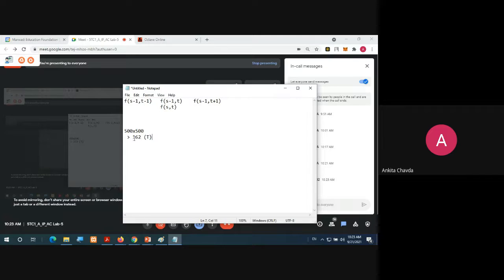If this value is greater than 162, then you want to convert that particular intensity pixel to white color, suppose. So you are giving it as 1. And if it is less than 162, then what you want to do? You want to convert it into the black color. This is what we have seen.